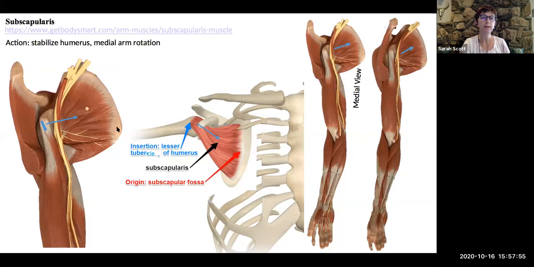Then we get to the subscapularis. And you have to really pay attention to where this one is located because we are now looking at the anterior surface of the scapula. All those previous ones were on the posterior surface, so we're back here. But if you go right through all the bones and muscle, like you can see here, you're going to find this on the anterior surface, that smooth surface of the scapula. Okay, and it's going to insert on the other tubercle, that lesser tubercle. And the action is stabilization of the humerus, which isn't a movement, but rather a resistance to movement. And then medial arm rotation, back in, rotating this way.